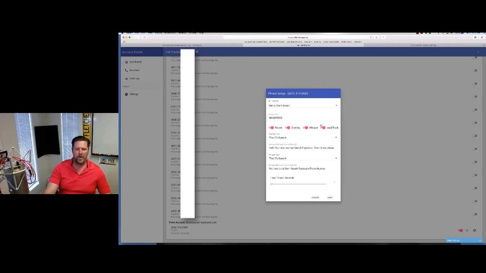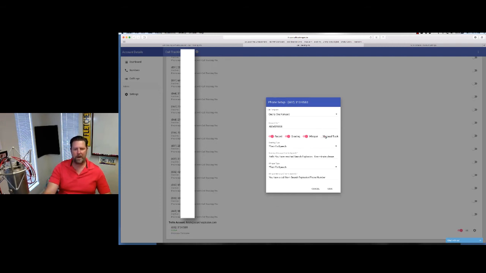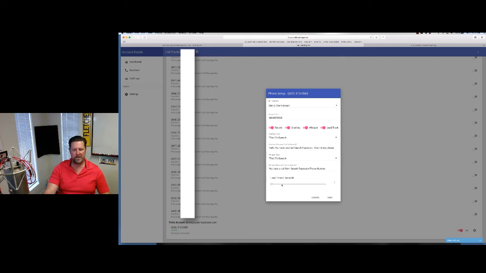So when we enable the lead track button here, this last button, you'll see the next piece that opens up, which is lead time in seconds. Many of the strategies you can use if you are doing lead gen for a company are going to be based on what their inbound sales script is. Okay, so they're going to get the caller's name and phone number and address and things of that nature, ask them a little bit more about the